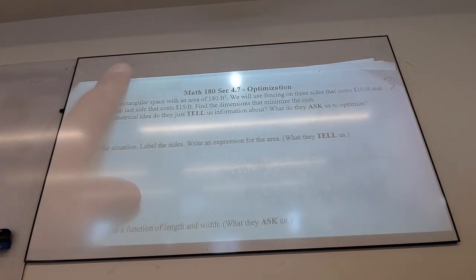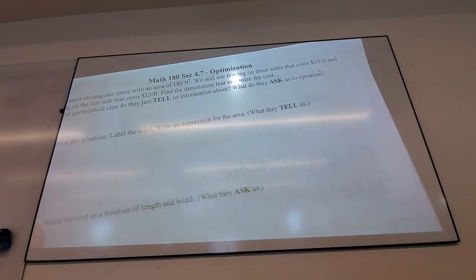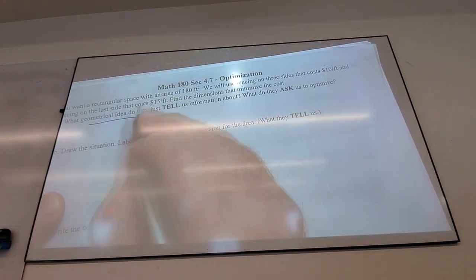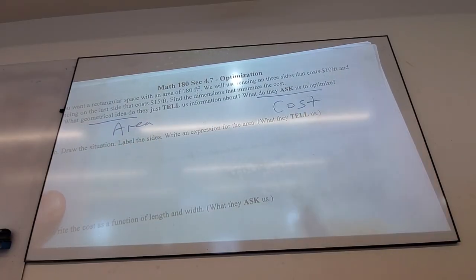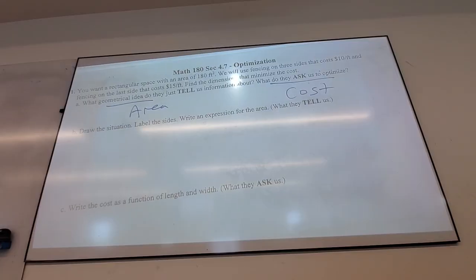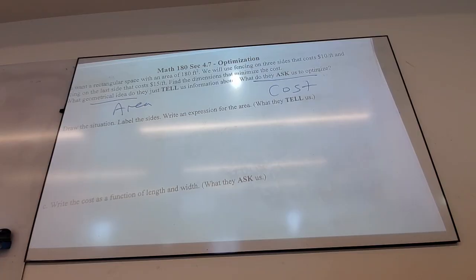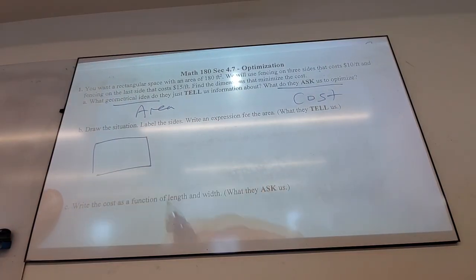So guys, this problem is a really good example of why it's important to keep the two ideas separate. So we have an idea about area, and we have an idea about cost. The cost is dependent on my area, but my area doesn't care how much something costs. So area is totally its own thing. So if I draw the situation,